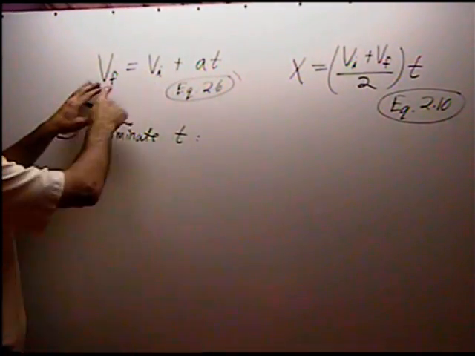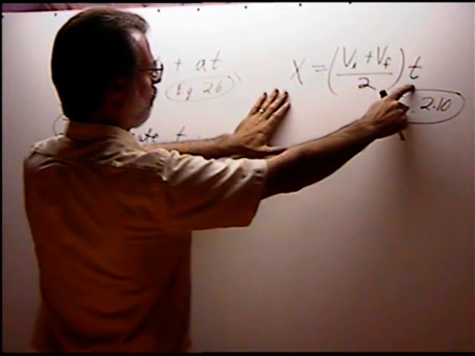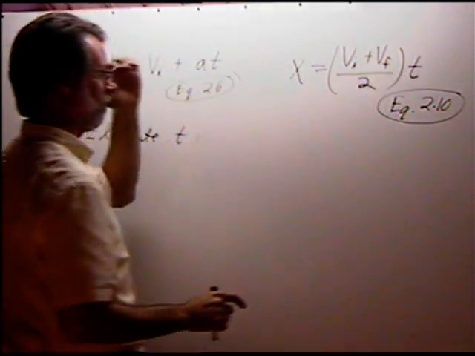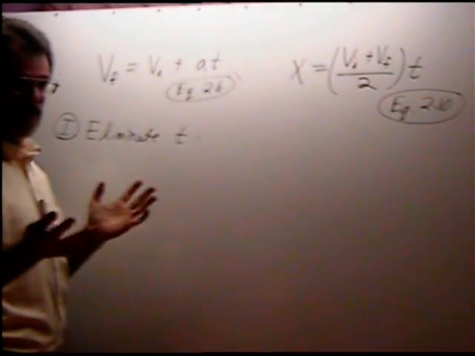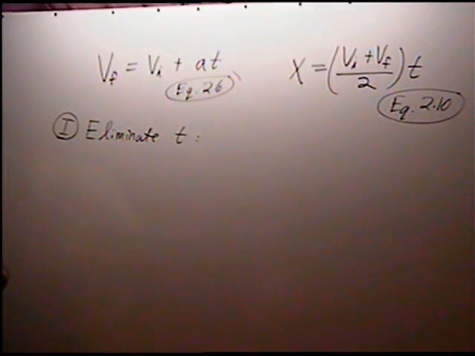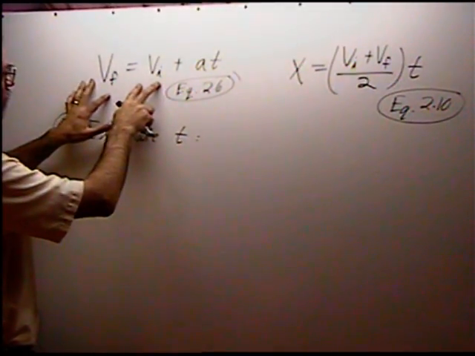Notice this equation has a time in it, t, and this equation has a time in it also, a t. Okay, so we're going to solve these two equations but eliminate t, the time. Okay, so what's one way to do that? Well, let's take this equation and let's solve it for